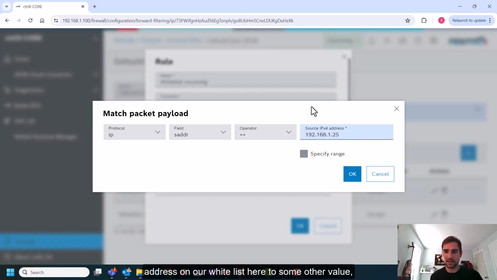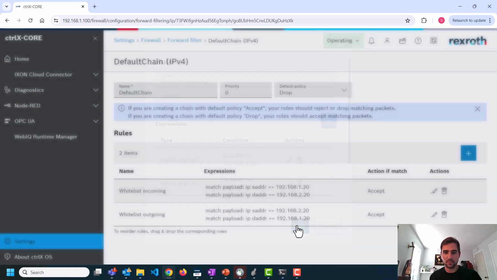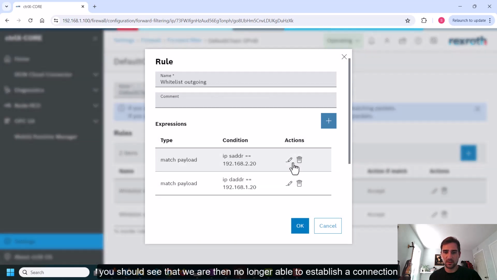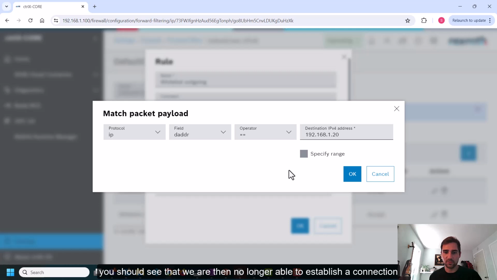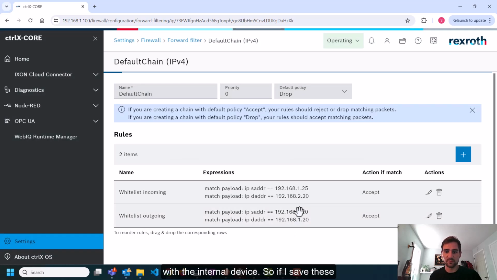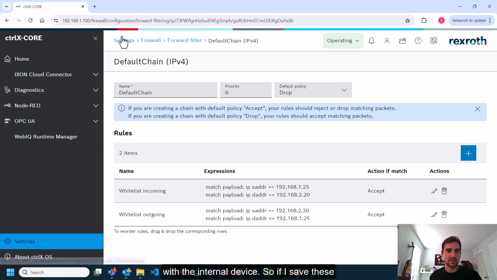So if we go back to our firewall configuration and edit, for example, the source address on our whitelist here to some other value, you should see that we are then no longer able to establish a connection with the internal device. So if I save these,